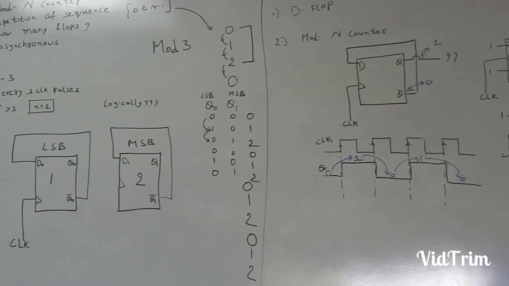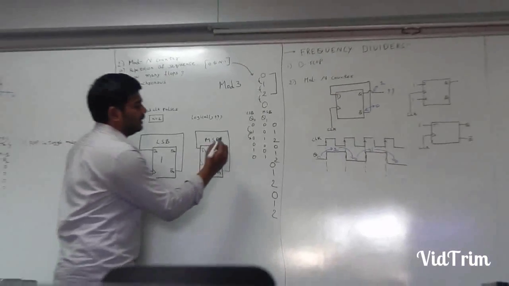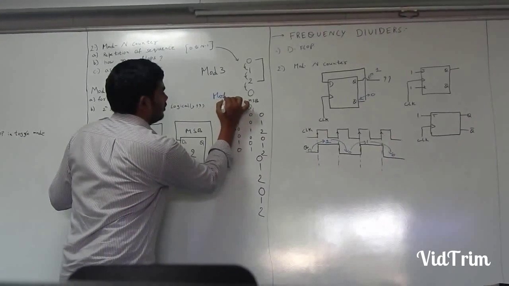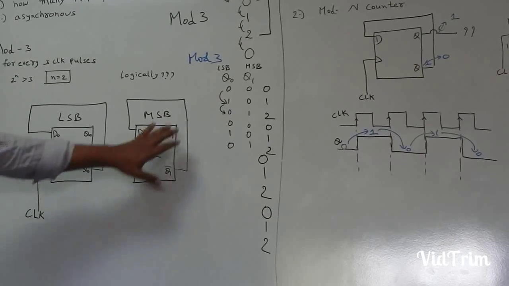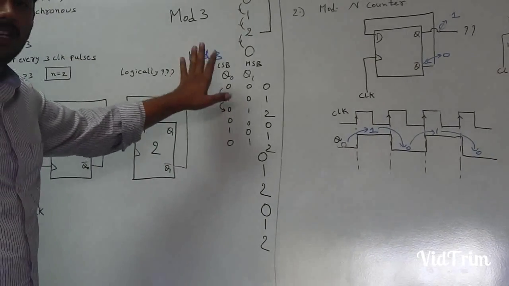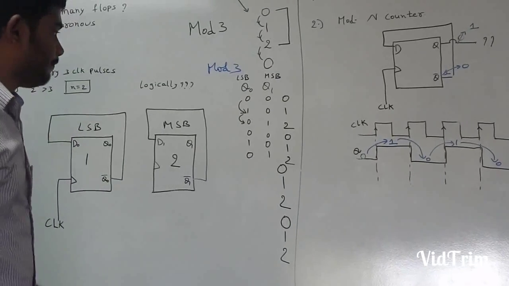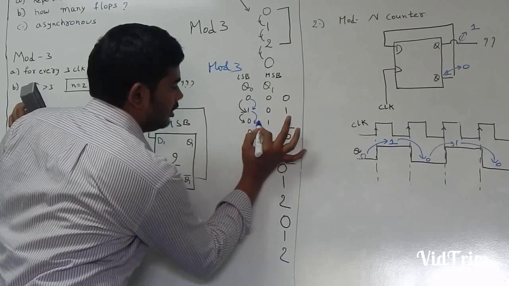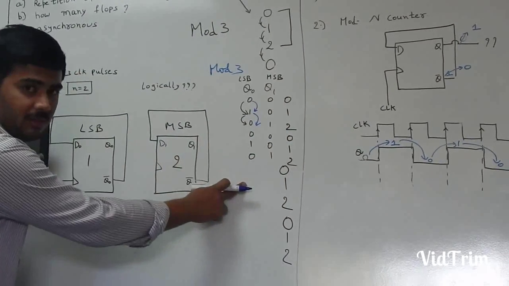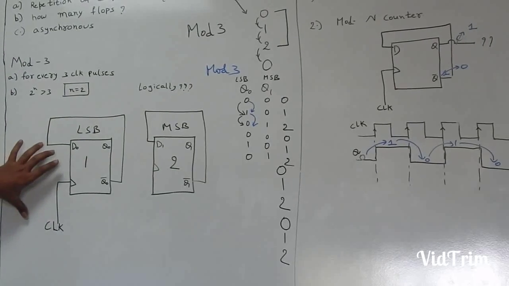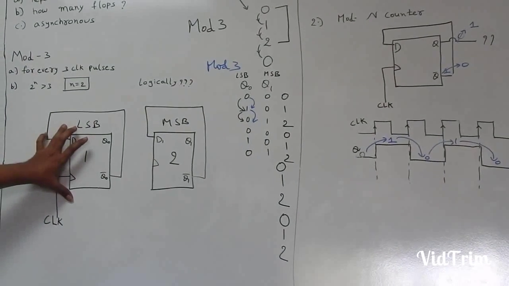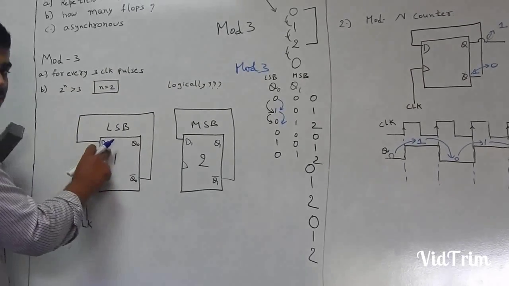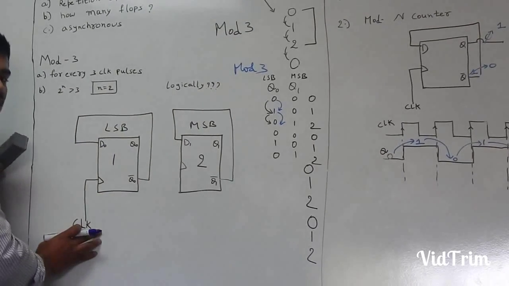And now, we'll come to designing of this counter. See, 0 0, 0 1 and 1 0. This is mod 3. So in detail we'll discuss mod 3, and by this we should be in a position to design any mod counter. So LSB is toggling, 0 is changed to 1 and 1 is changed to 0. Again the sequence is repeated. So first LSB should definitely be in toggle mode. Like we discussed, this is in toggle mode. Q bar is fed back to D. So this is actually in toggle mode and this is a flop.